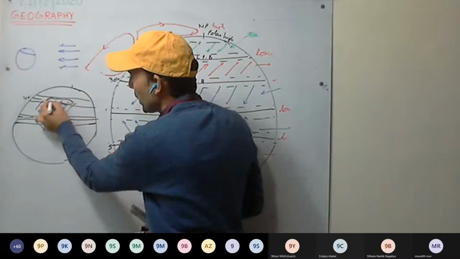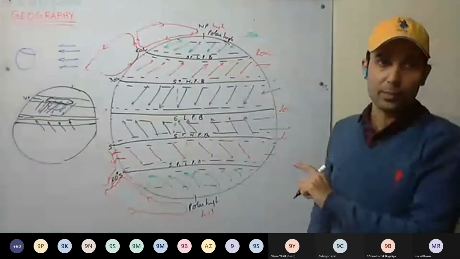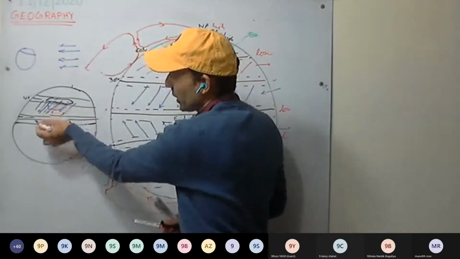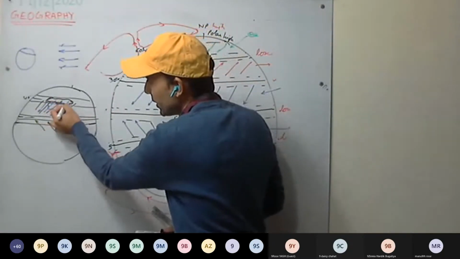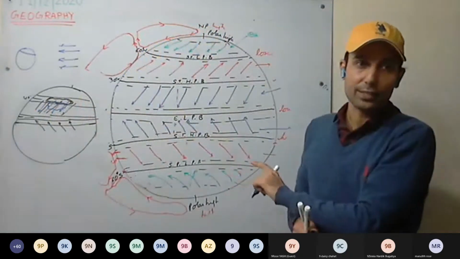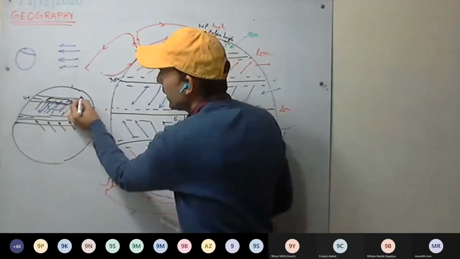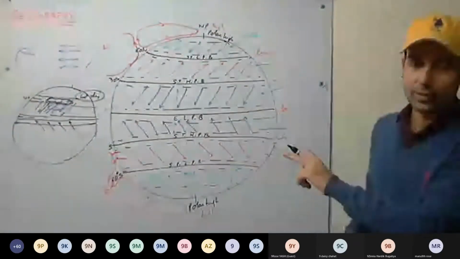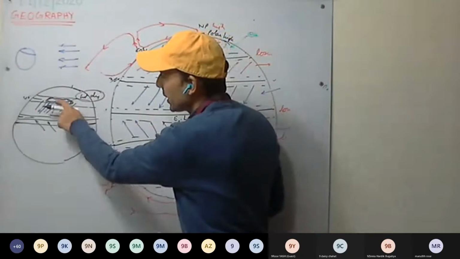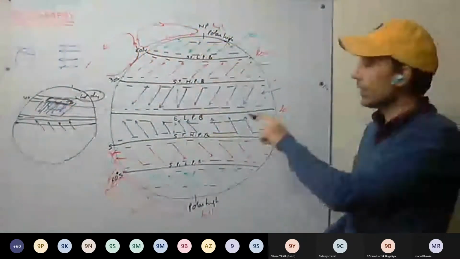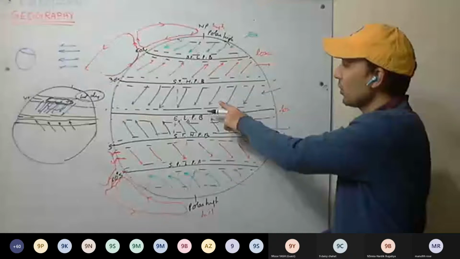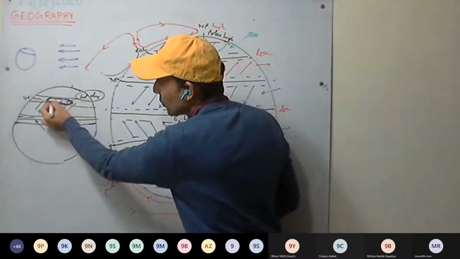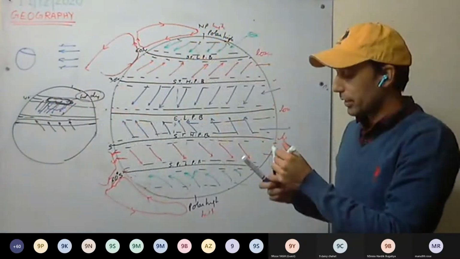Most of the European part won't be getting rainfall in summer because the winds are offshore winds. So in summer, these regions will be hot and dry, because they are under the influence of the northeast trade winds. Since these are offshore winds, these regions will be hot and dry. No rainfall will take place.